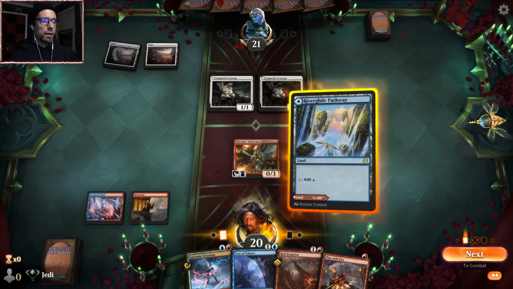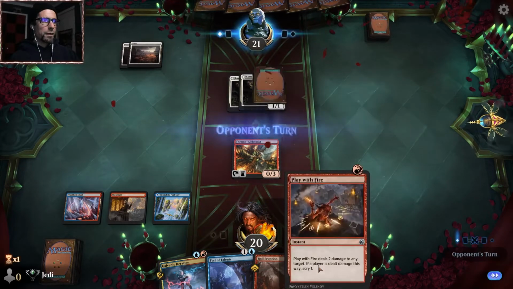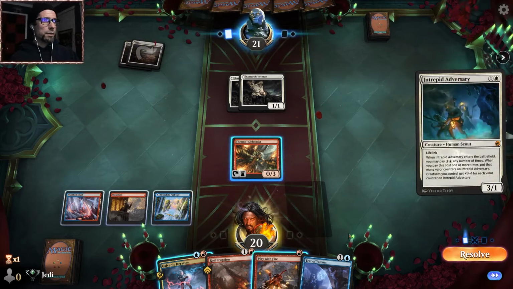Let's go for a blue. Yeah, let's go for blue here. And then hold what we got. We're going to have to keep this Play with Fire for the triggers. So there's no Play with Fire to the face unless it's to kill them. Like I said, Test of Talents is not going to be the most effective in this matchup, but it could be crucial, right? They have the one...